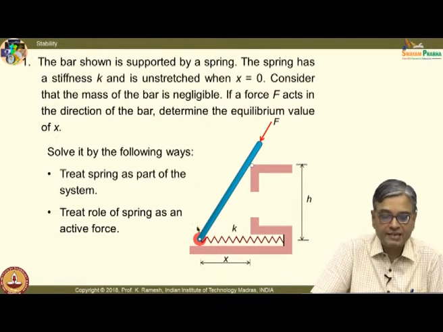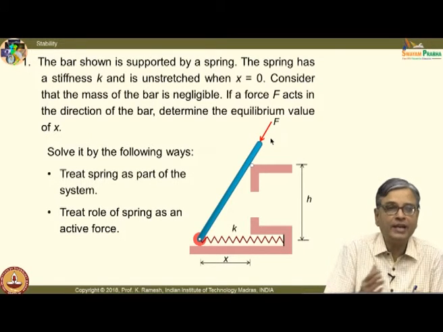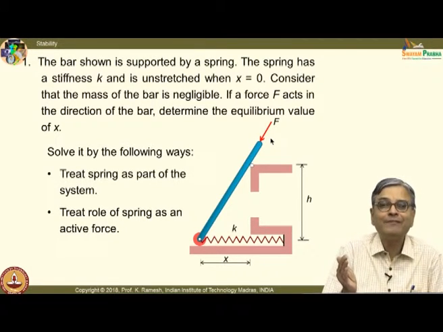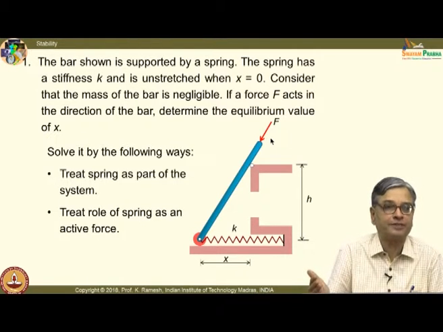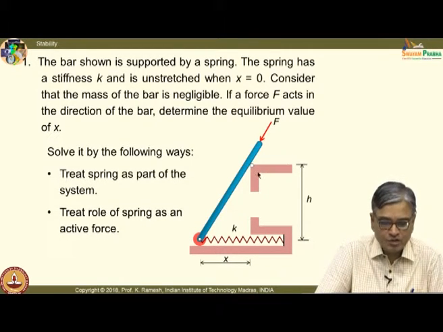So, we only understand the role of a spring, and when you apply the force, you can visualize the spring will get stretched horizontally. When I leave the force, it will come back to its original position. And what is shown here as a circle, you have to appreciate this is not a sharp corner, but a very smooth corner, so that this bar can move up and down smoothly. There is a very smooth interaction here.